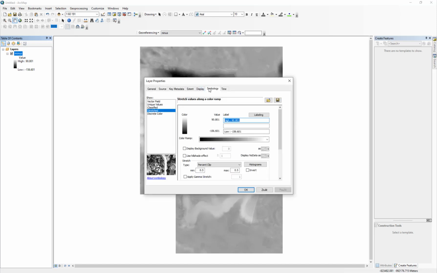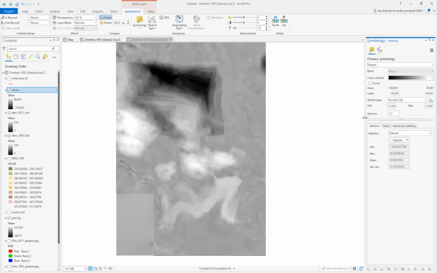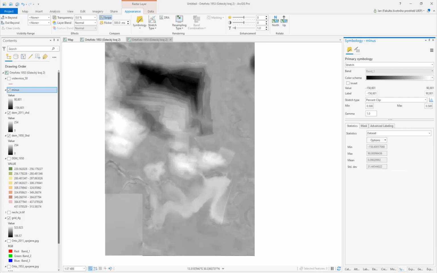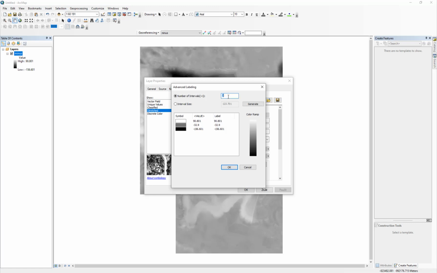And here I have symbology. It's like the symbology here, right? Minus, and here appearance and things. Here is symbology. The same is here, symbology. Okay. So here I choose scrambling. I say I want 3 intervals. 3 intervals, right? And I say that values from 10 to minus 10 are okay, no change,